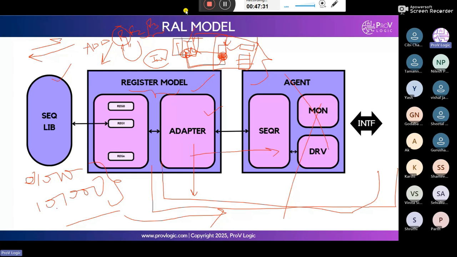Suppose here for 3C, this is the binary value, and in the DUT there will also be a 3C offset address, so this binary value will match 3C. Internally there will be converters with lots of functionality. We are just discussing the top level only. Internally there will be lots of things, connections. Okay, okay.